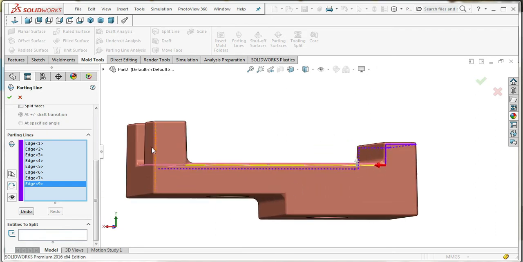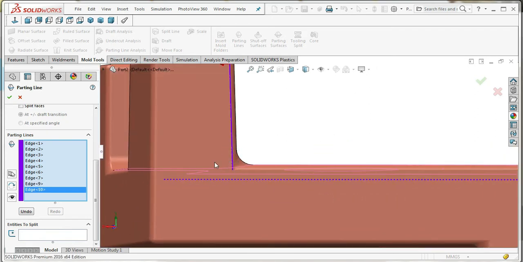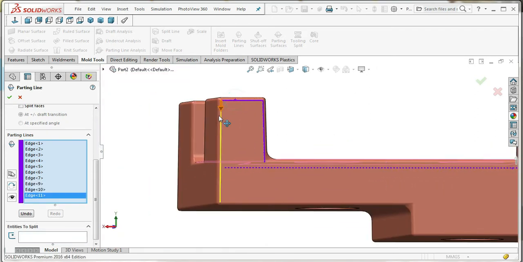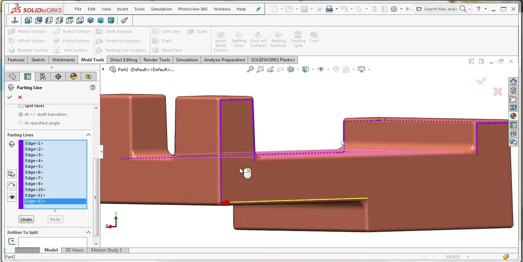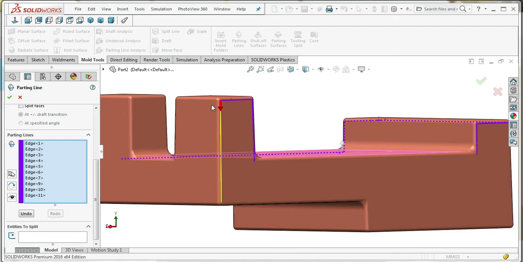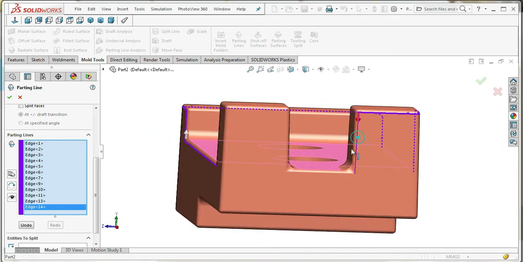Okay, the next line and arrow mark are created automatically. It's the simplest way. Then right click and delete this line that is coming upwards.